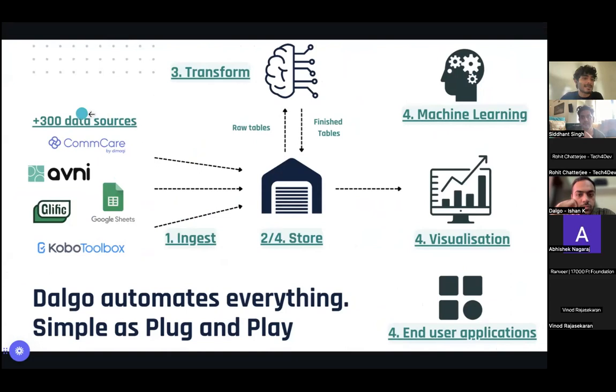Our platform currently caters to over 300 data sources that you can pull data from, right? So you can ingest the data and store it in one common location. The common location that you're storing it in is a warehouse, right? A data warehouse. So once you have all of these raw tables that have come in from your various sources,